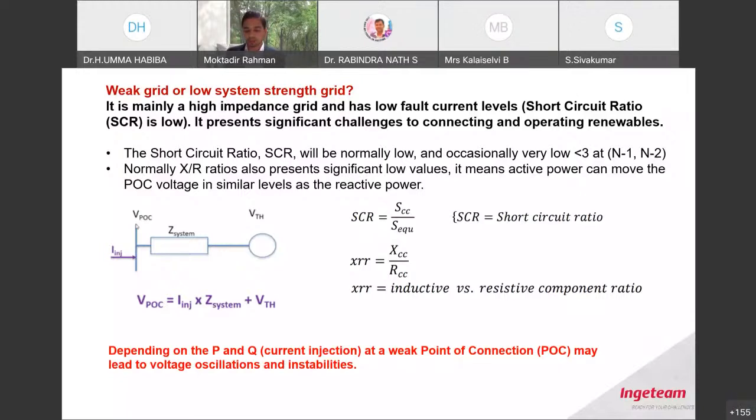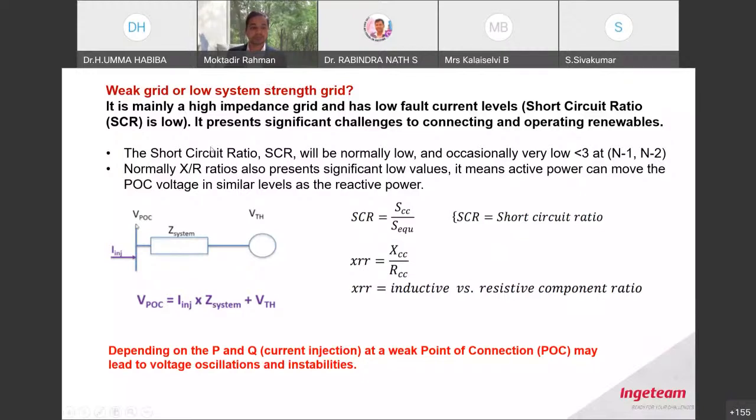It is very important to know how the weak grid works and what it means. A weak grid means that between your point of connection and your generator, like a synchronous generator or the base generator, there is a long line. So the impedance is high and the short circuit power is less. And of course,